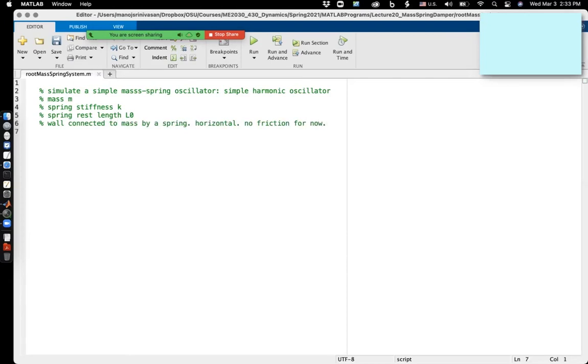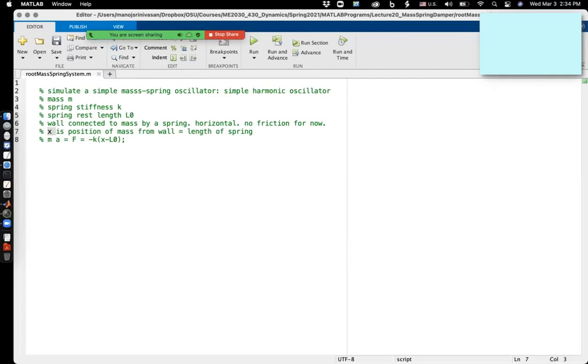Okay. And the equation, if you write F equals ma, basically you have m times a is equal to F, which is going to be basically minus k times the position X of the mass minus L naught, okay? So X is the position of the mass from the wall, which equals the length of the spring. So the mass is a distance X away from the wall, and that distance is basically the length of